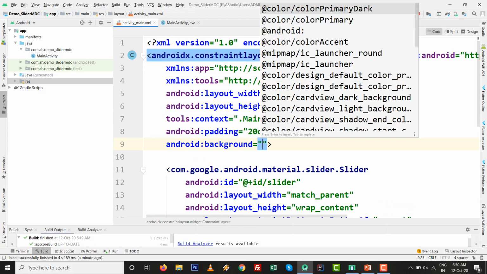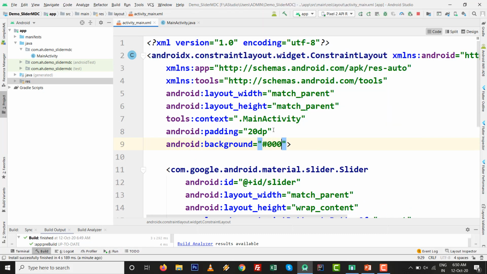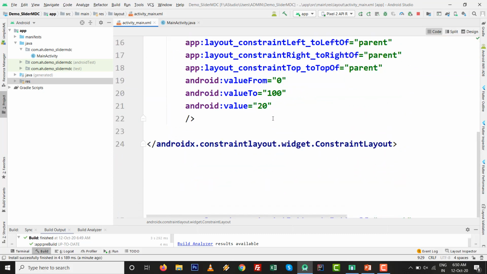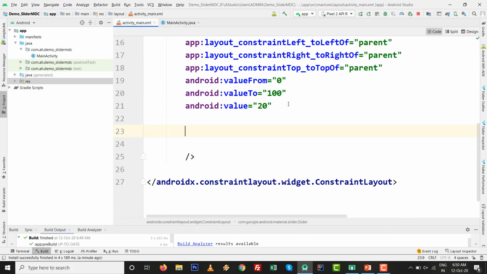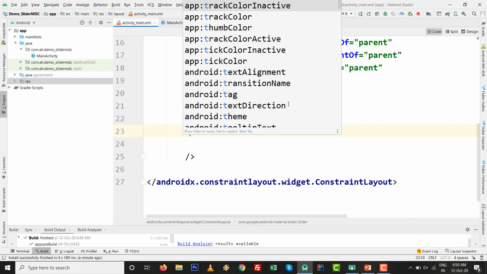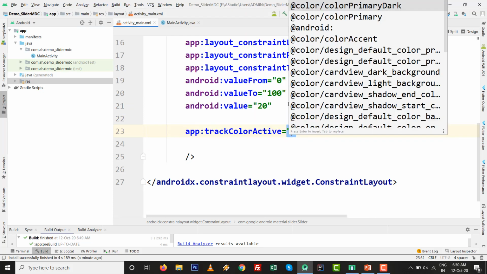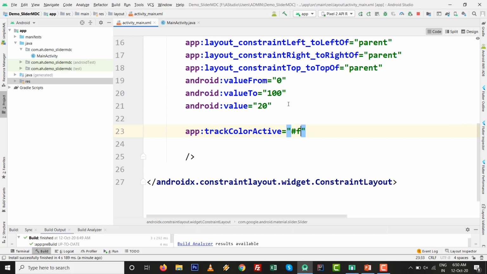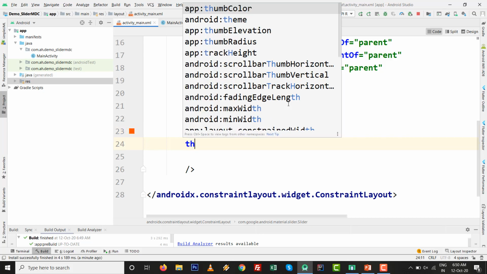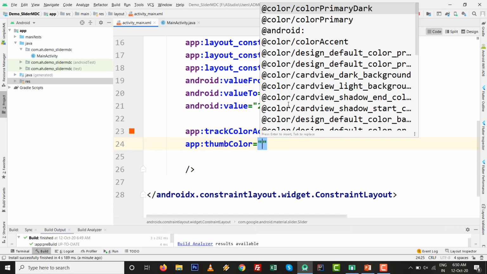First I make the background black, so hash 000 and another 3 values. Active color and thumb color are mostly similar. So I type track color active, it is FF5500, and as per that I want to make another color.